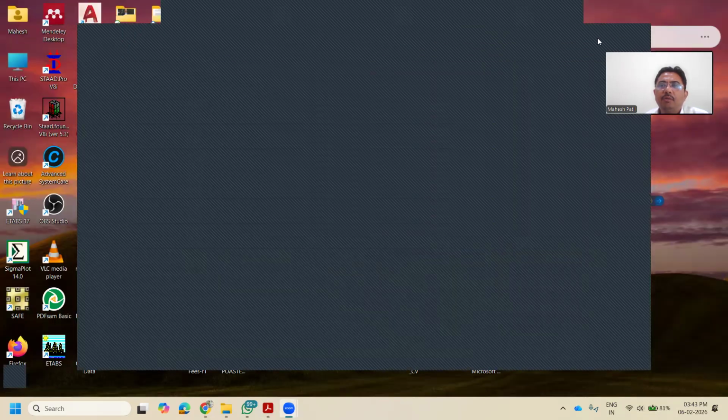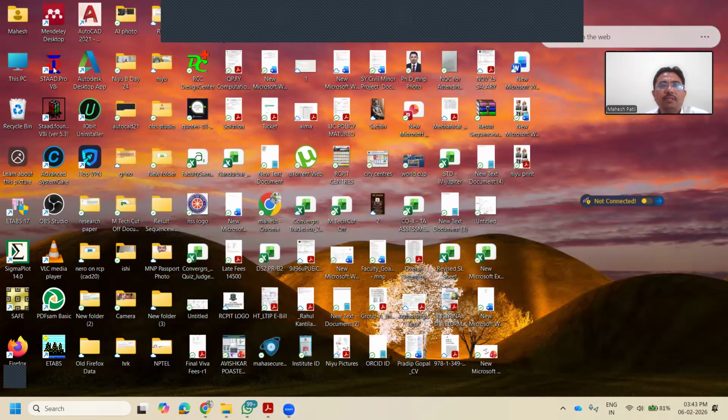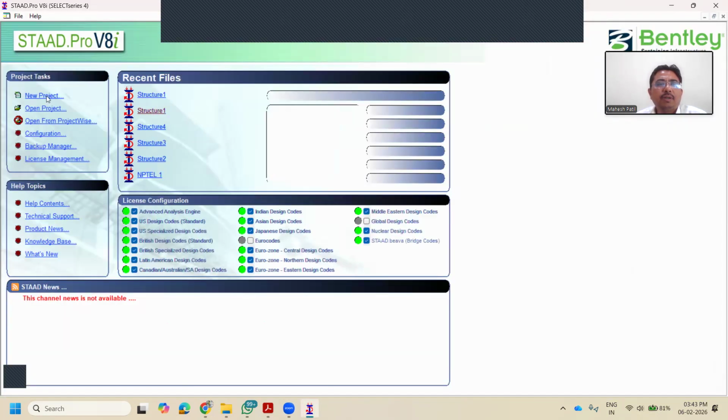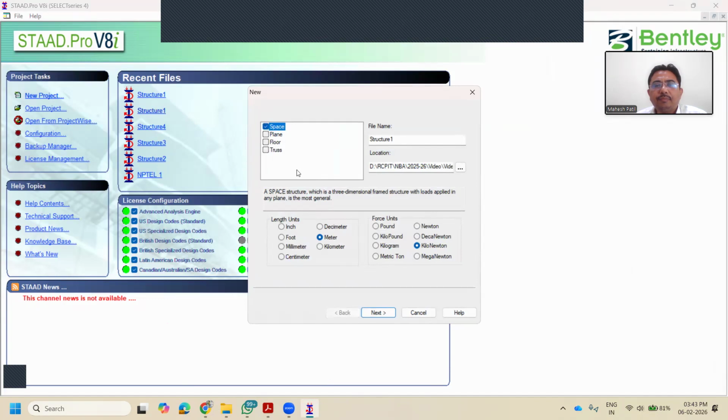So we are going to start Staad Pro V8i, which is a student version available free of cost for all the students. So let us start. Initially, we have to choose space structure. We have to name our file properly. For example, we are giving a name to the analysis